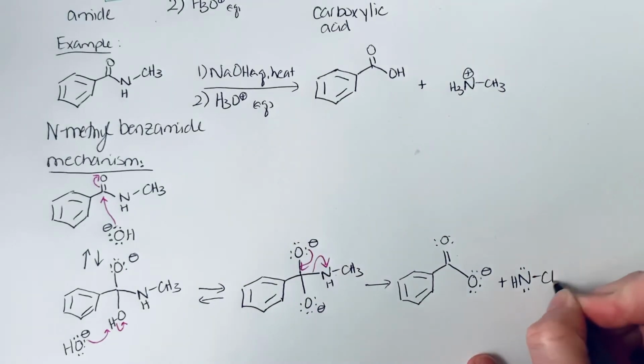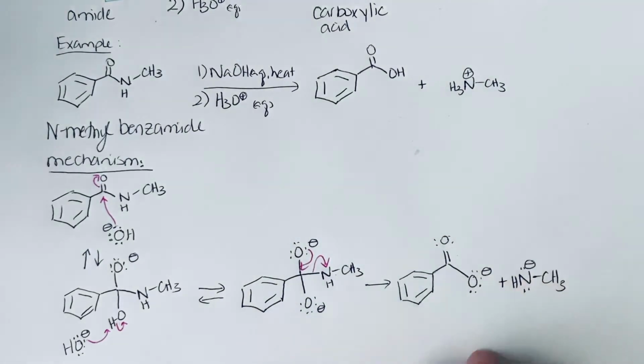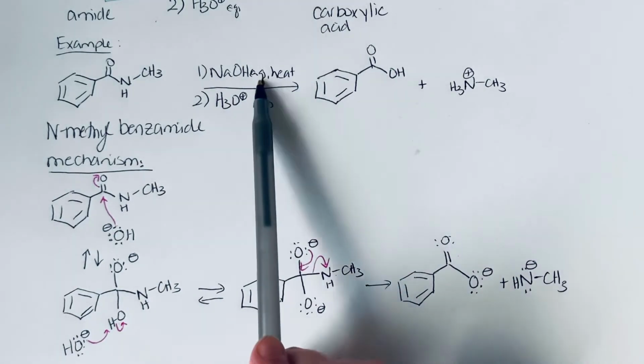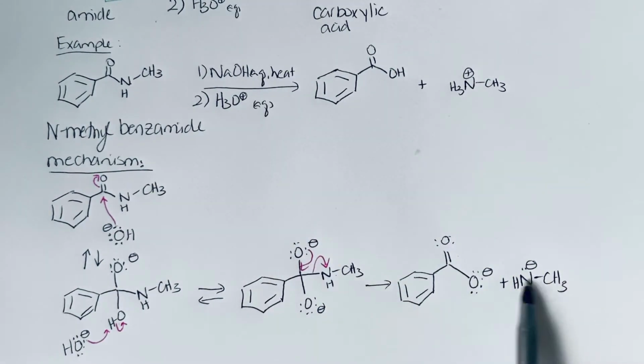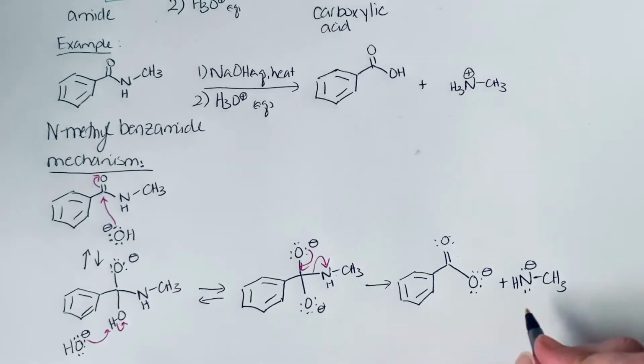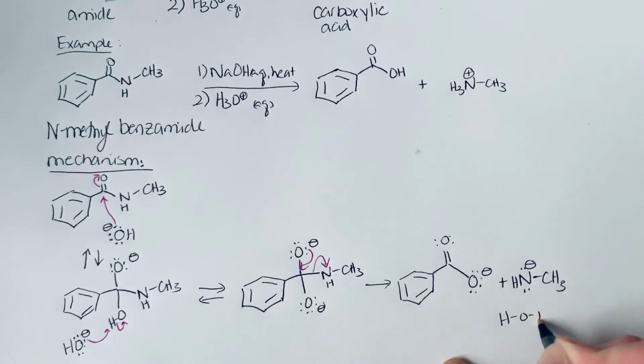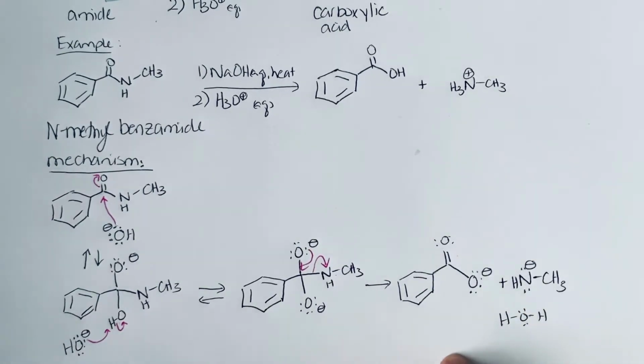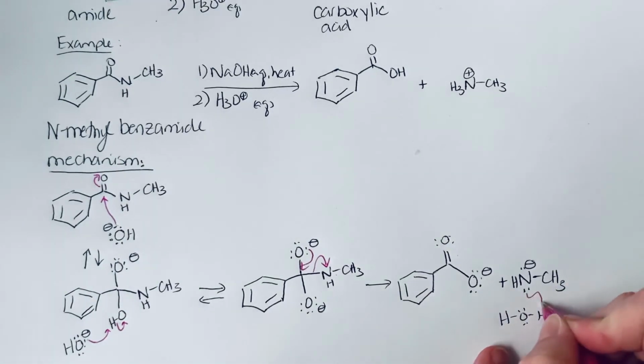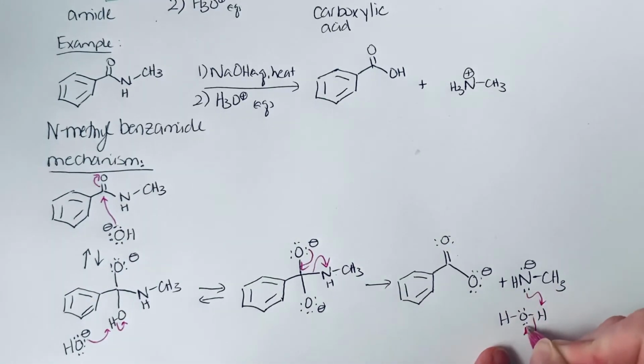So this is a pretty strong base. So even in just water solution, right? Because we did say that we were using aqueous base. As long as you have any water in solution at all, that water would protonate this to give you the amine. Okay, so I want to show this because after this step, this would be the product mixture that you